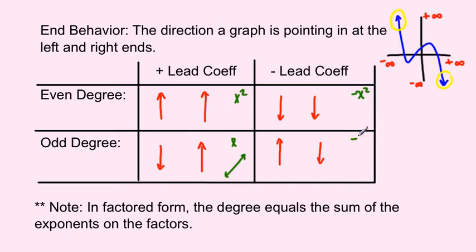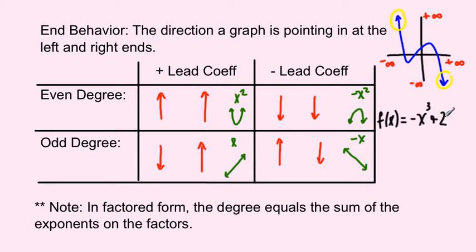And this would be y equals negative x, so this would be a line with a negative slope, so it would be going this way. So left end up, right end down. That's probably the best point of reference. If you don't want to memorize, you can just always think about what these four most basic even and odd degree functions look like. Now, when we're talking about this again, I'm saying that we have a polynomial that's given to us, right? So we have some equation,